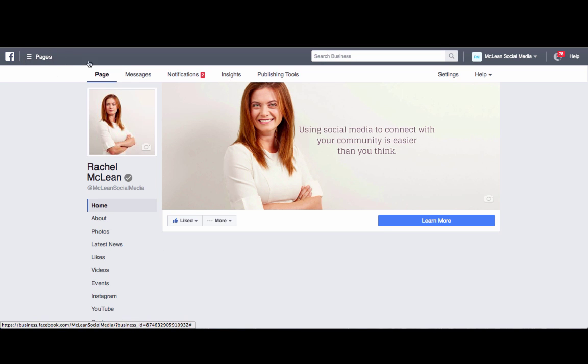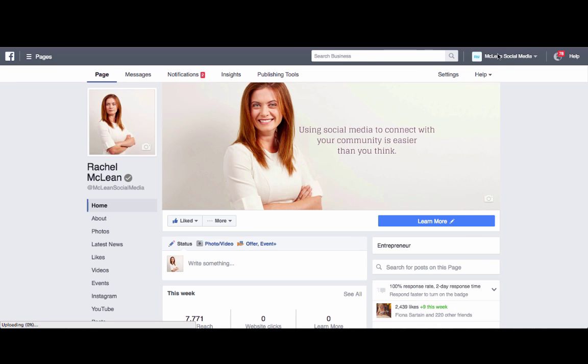So we can see this now is a dark grey color. That means we're in Business Manager, and I'm no longer Rachel McLean. I'm now McLean Social Media. So that's how I know I'm no longer me as a person using my personal profile. What we're going to do is jump up to Facebook Insights,